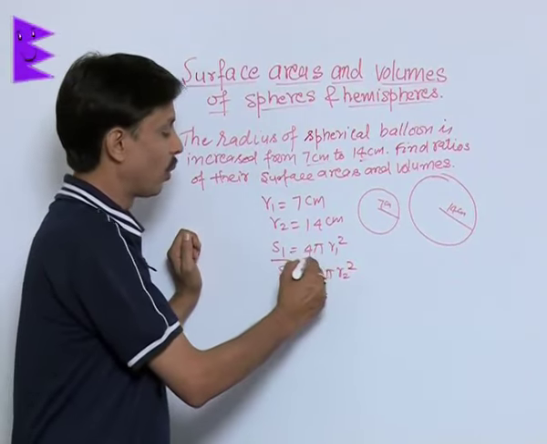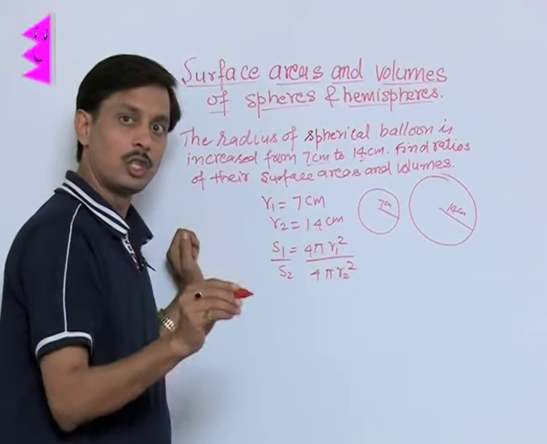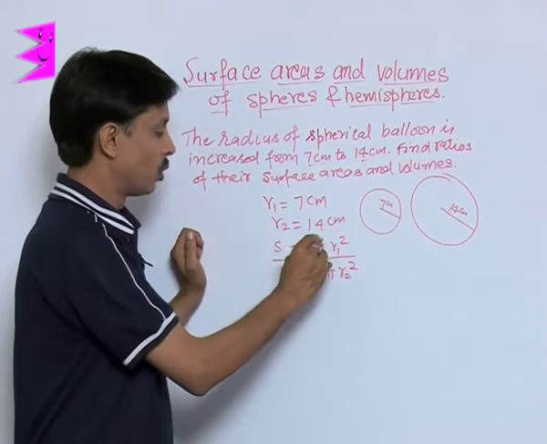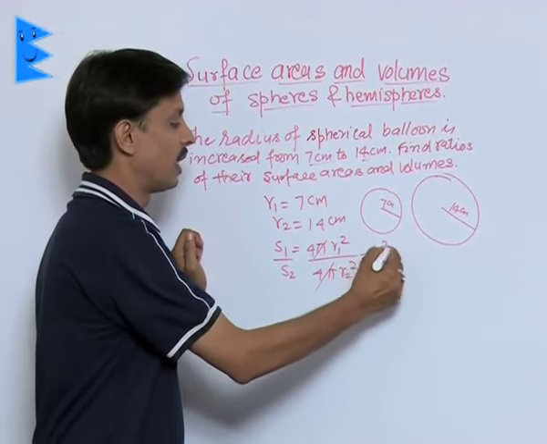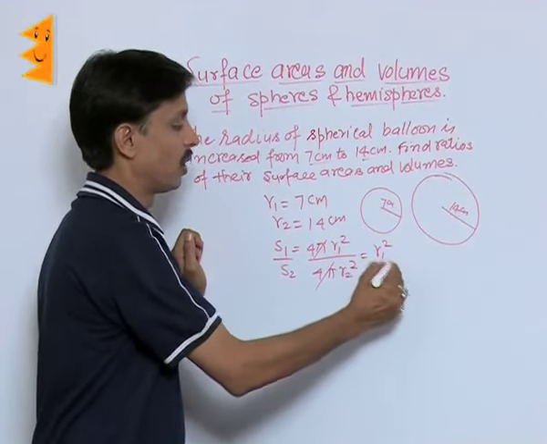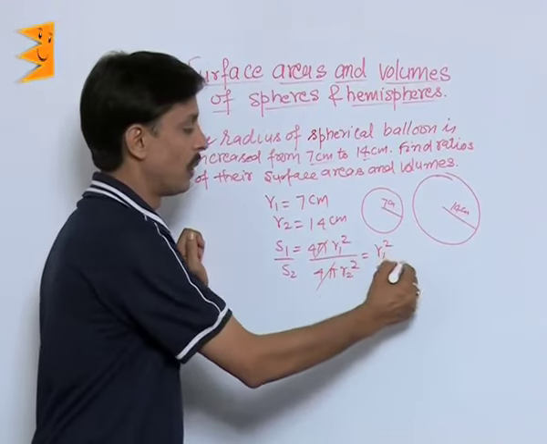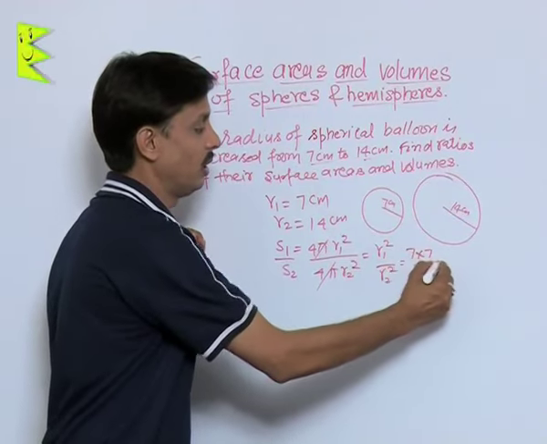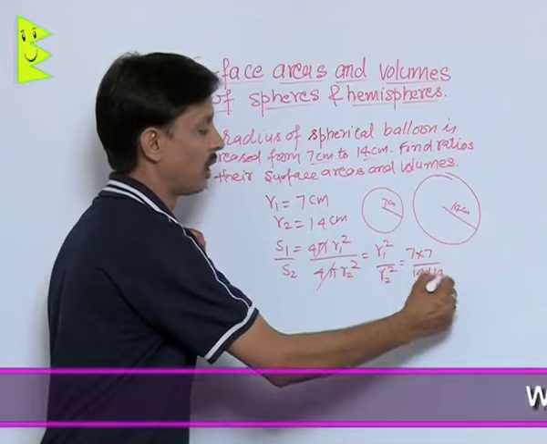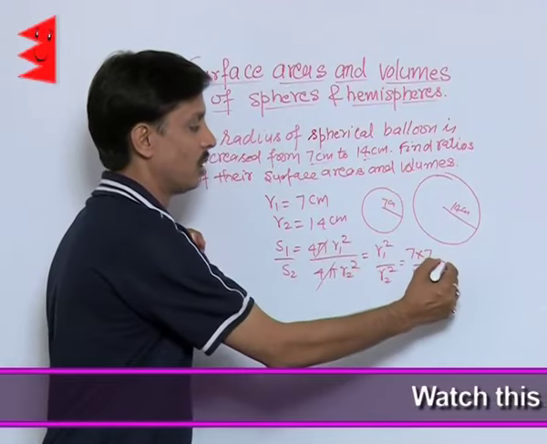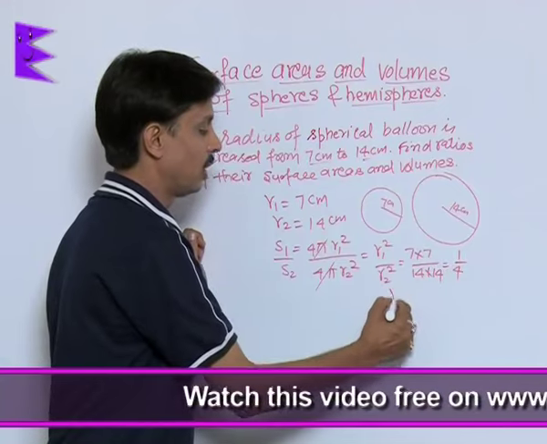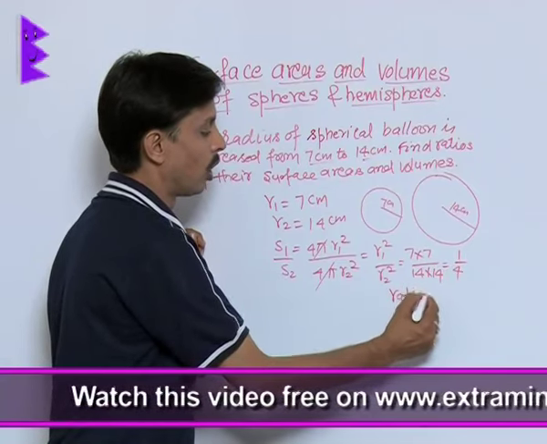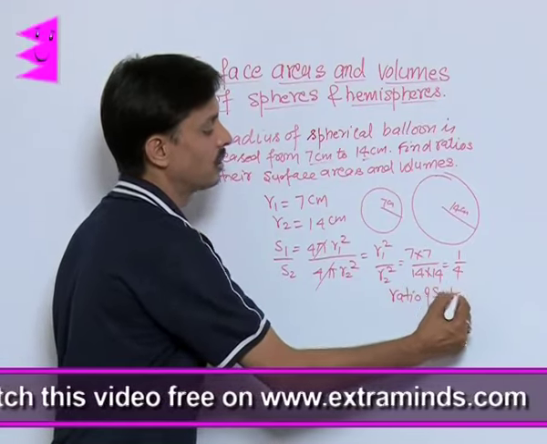We want to calculate the ratio of surfaces. So 4 pi and 4 pi get cancelled. It is left with R1 square upon R2 square. So this becomes 7 into 7 upon 14 into 14, because R1 is 7. So this comes out to be 1 by 4. Hence the ratio of surface areas